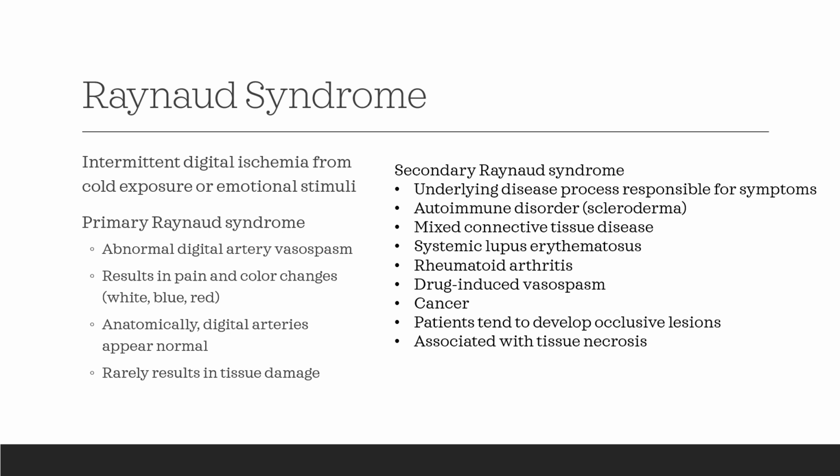Usually once they get warmed up or that emotional stimuli is reduced, those arterioles will relax, blood flow will be restored, and typically no tissue damage accumulates. Then there's another type that's called secondary Raynaud's syndrome, and this is usually an autoimmune disorder underlying the disease,